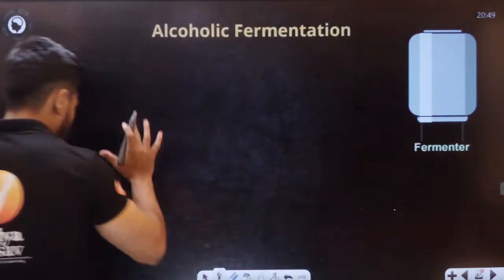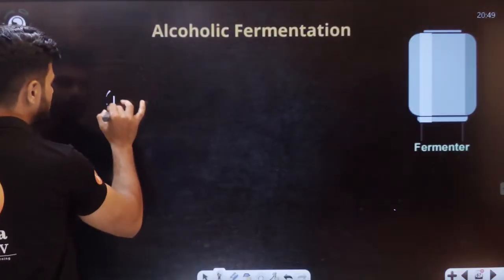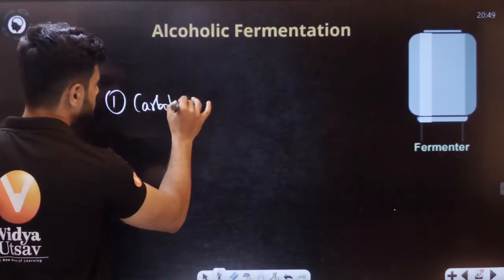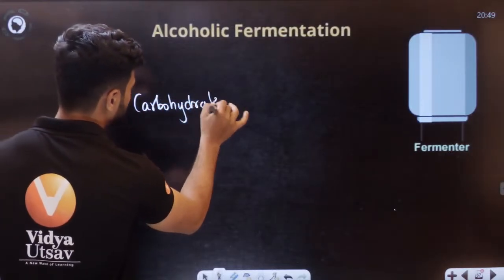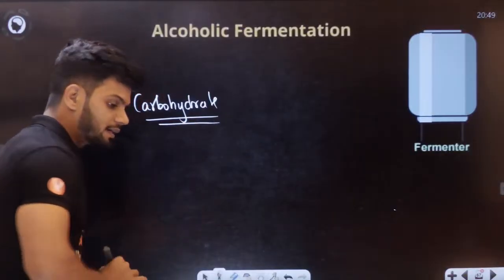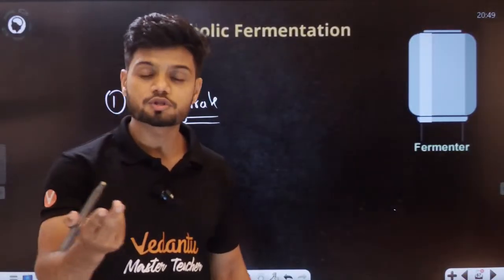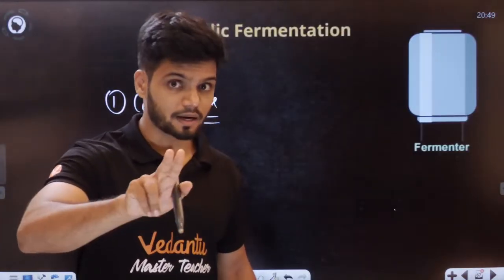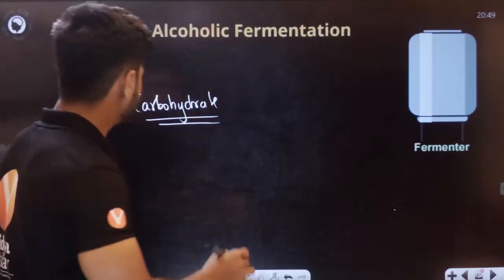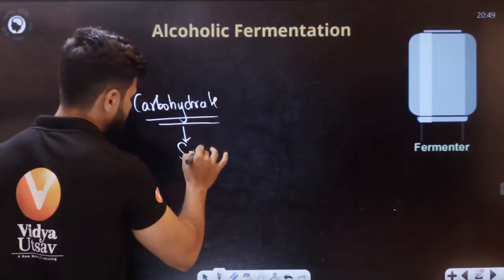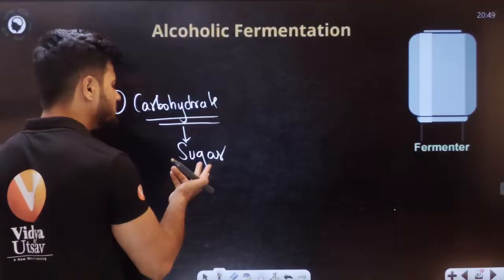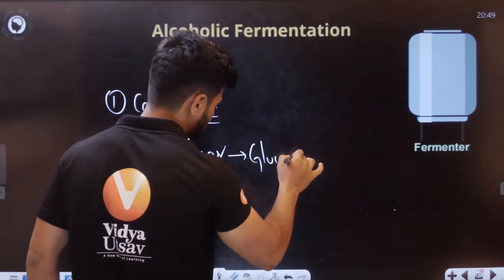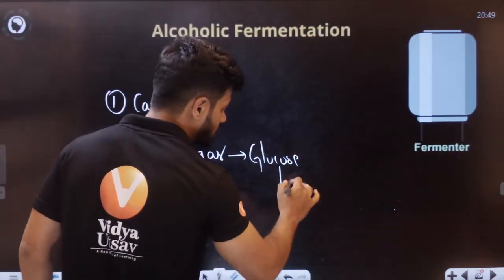In alcoholic fermentation, the first thing we need is a source of carbohydrate. Like grapes used in wine, or barley in the case of beer. That is your carbohydrate source. One type of carbohydrate is sugar, sucrose, or let's take glucose only. From this sucrose we'll make glucose. This glucose now undergoes something called